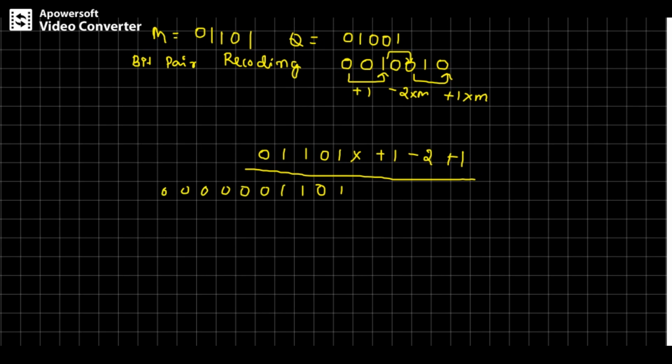So the second pattern, that is minus 2 into m, that means take 2's complement of m, minus 2 into m, that is equal to take 2's complement of m, shift it left by 1 position. So for that I'll write m as it is, that is 0, 1, 1, 0, 1. So I'll take 1's complement of that, 0, 1, 0, 0, 1 plus 1, that is 1, 1, 0, 0, 1. Append 1 extra 0 to the LSB. So that means minus 2 into m.